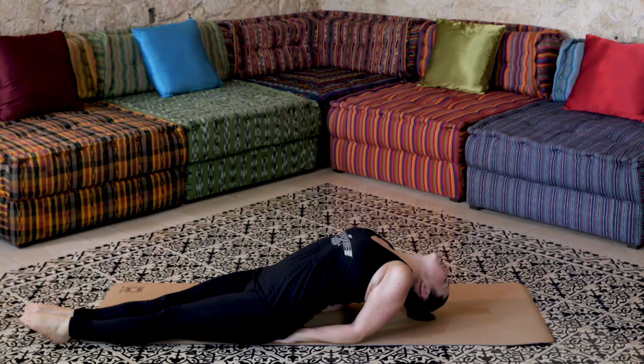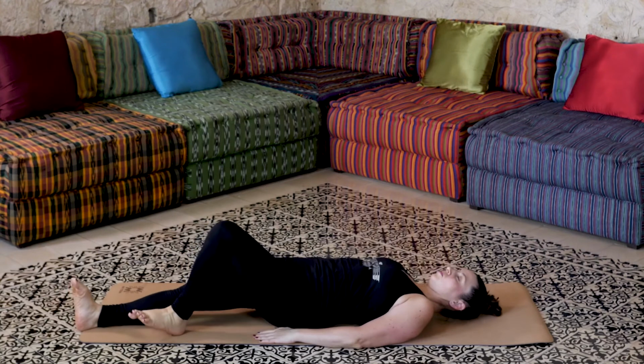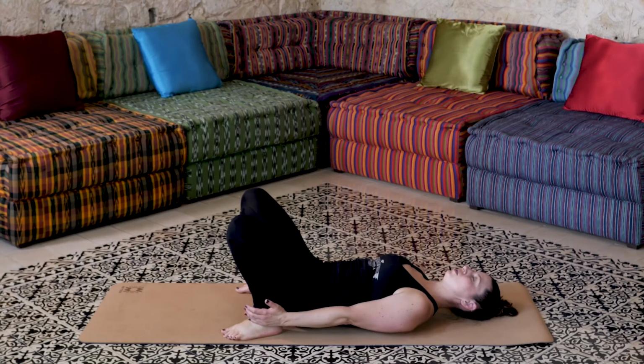Bring all of your attention to the energy center in your throat. Imagine a beautiful blue healing light. Release this pose. Lying down. Bend your knees. Bring your heels towards the sit bones. Grabbing the outer side of the